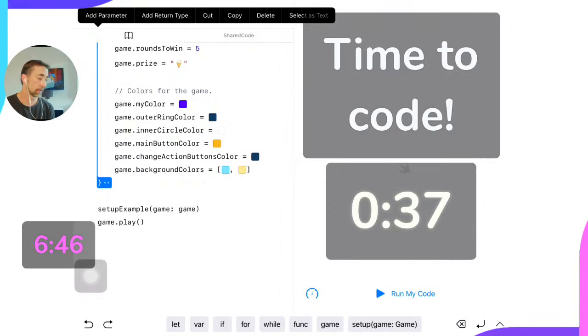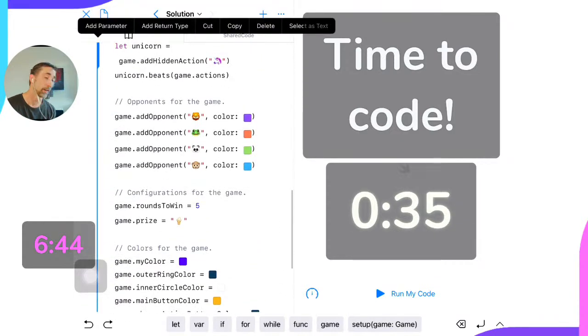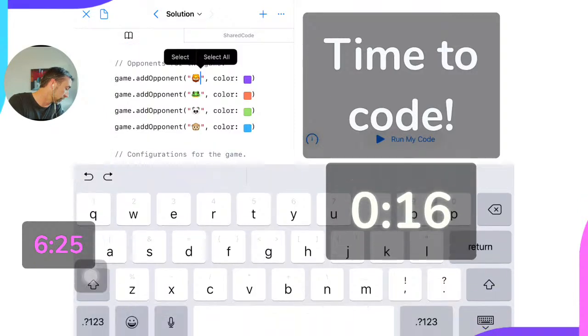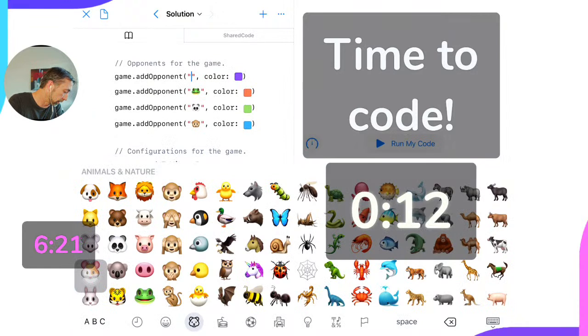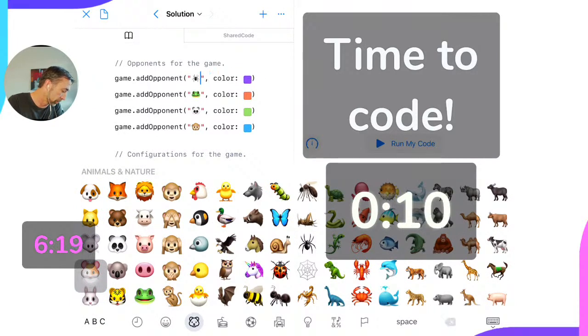But one of my favorite things to do here is to theme this game. So I can add opponents based on whatever theme I pick for the game. So maybe I've just been reading James and the Giant Peach or a similar book or watched a movie recently. And I've said, actually, do you know what? I want to use the characters from James and the Giant Peach as my opponents. So let's change it. We're not going to use a lion then. We'll go here and pick a spider, just one spider, not two.